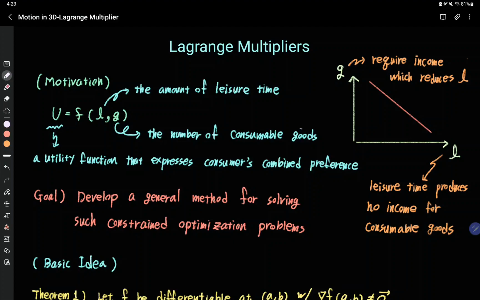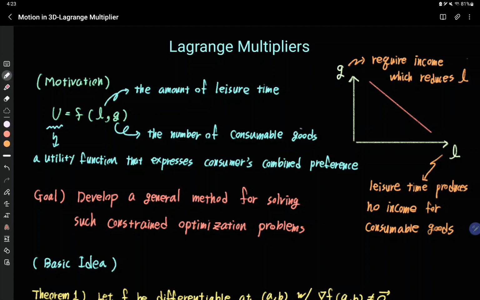So for example, a simple utility function U defined by f of L comma G. Here L represents the amount of leisure time and G represents the number of consumable goods. The model assumes consumers try to maximize their utility function, but they do so under certain constraints on the variables